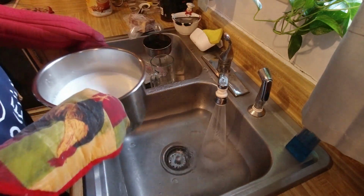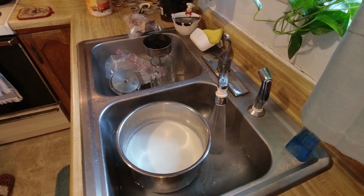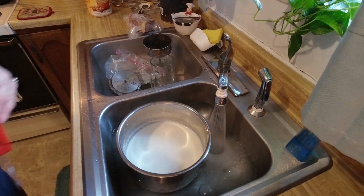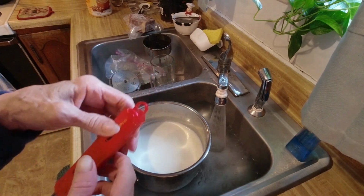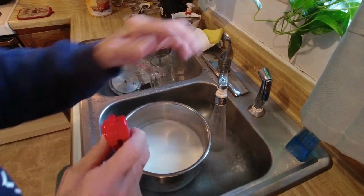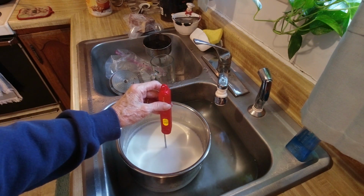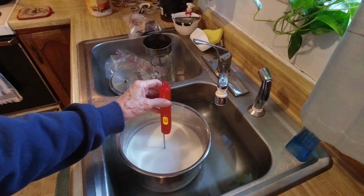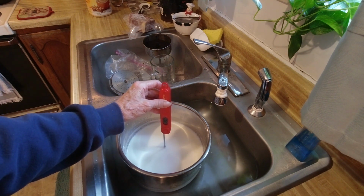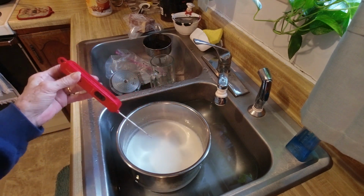So I'm just going to fill that up. Put this in here. And when this drops to 100 degrees, we know it's ready to go on the yogurt cycle. So right now it's at 180. And when that drops down, it's starting to drop down now, we're going to put that back in the Instapot